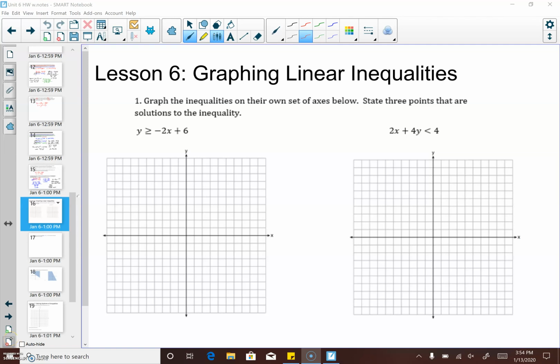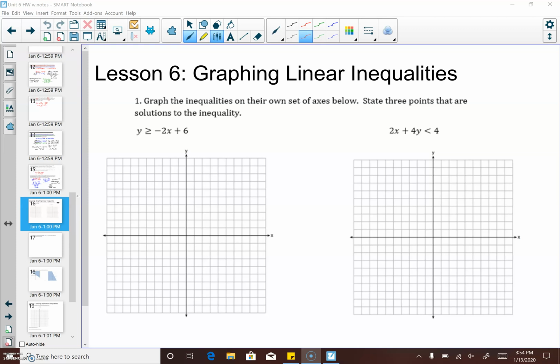For lesson 6 homework, we're going to work on graphing linear inequalities, and we're going to work on one of them, and it's going to eventually build into our systems writing where we graph multiple of them. So the first thing we want to do is state 3 points that are in the solutions of the inequalities. So if I look at the first one, y is greater than or equal to negative 2x